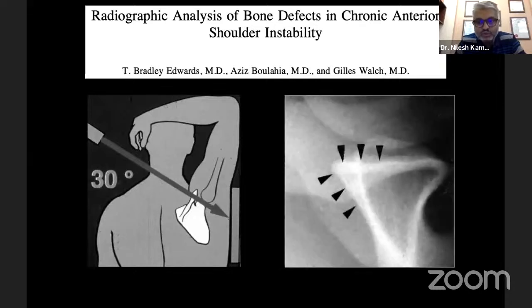What you're supposed to look for is that if I were to describe this picture, on the superior part, you're looking at the circumference of the humeral head. The triangular portion that you're seeing is the face of the glenoid. And in that triangular portion, the black arrows which are marked, that is the anterior rim, and that's the dense sclerotic triangle that you need to see.